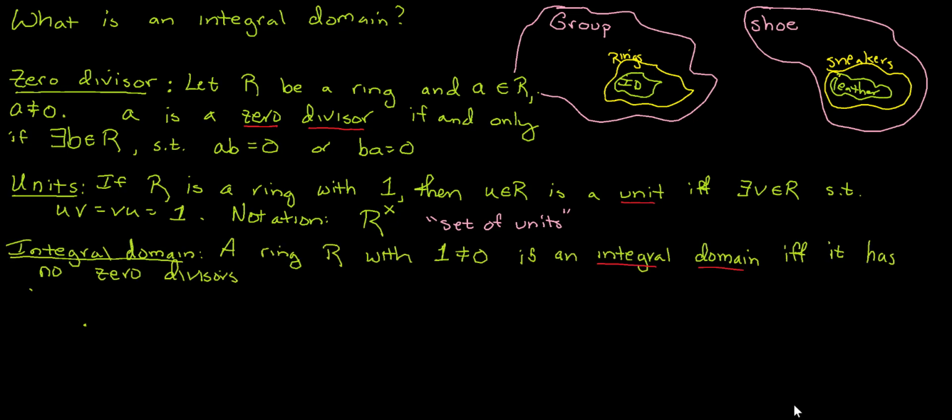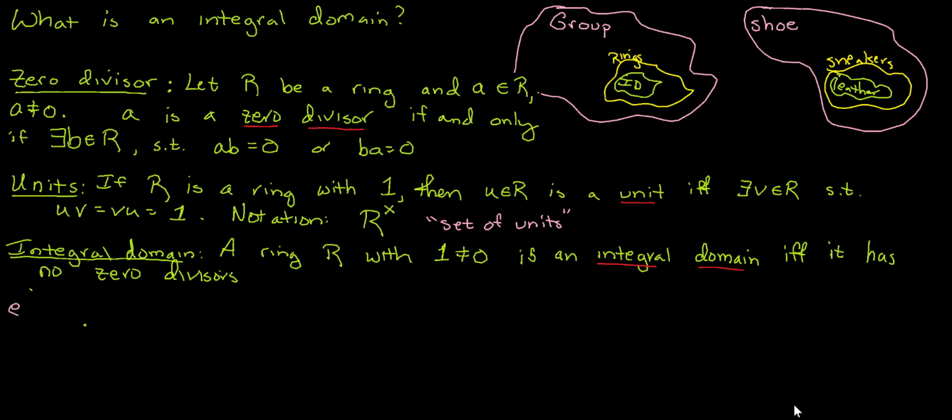So the definition of an integral domain is a ring R with identity not equal to 0, and it's a ring that has no zero divisors. So it's a lovely place to be. Again, zero divisors are a little bit sneaky and strange and weird, and if you don't have to worry about them, life is much better. So let's take a look at a few examples, and we will ask ourselves, is it an integral domain or